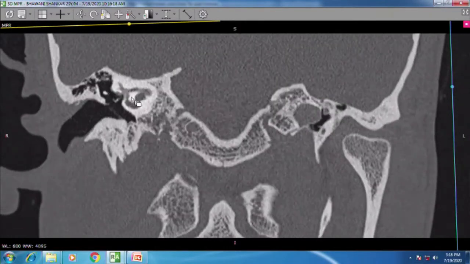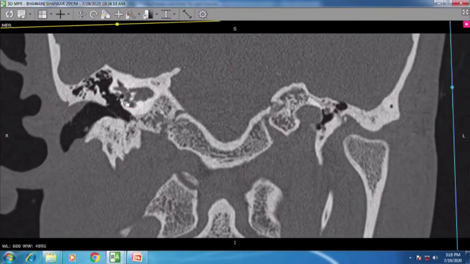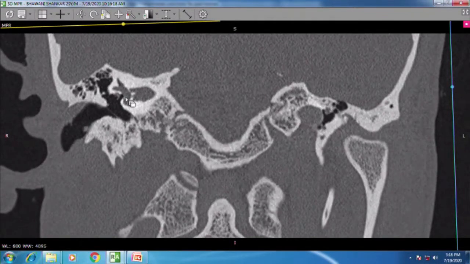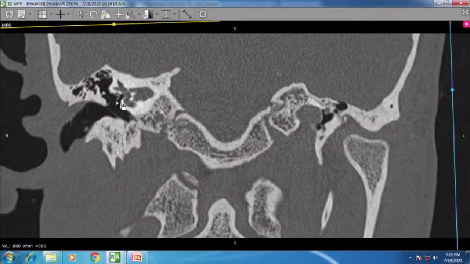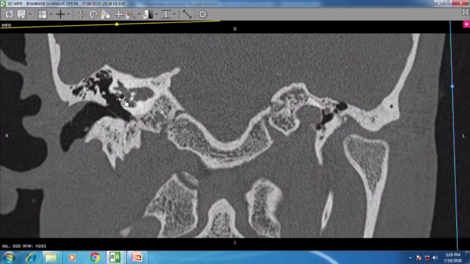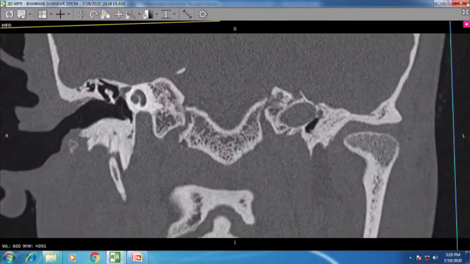So this, what you can see, is the level of your oval window. See here in the depth. And this facial nerve is just above. The oval window is not very broad, but still the facial nerve is not coming down to obscure the oval window from our visualization. Okay? And lastly, we go to